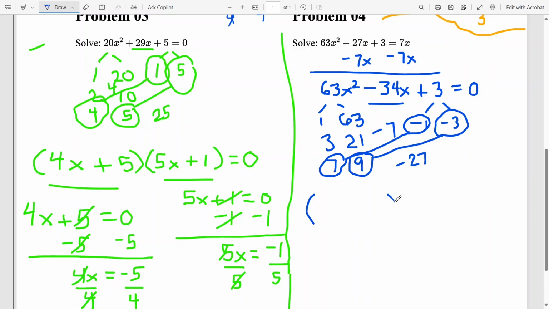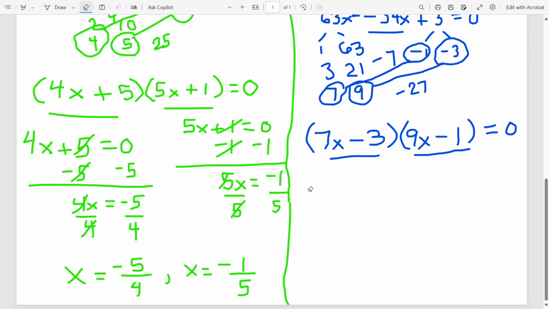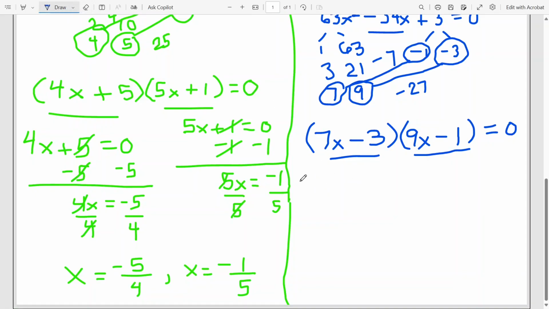So I'm going to use 7 and 9 as my coefficients in front of x. So we got 7x and 9x. And I want the 9 to multiply by the 3, so -3, and the 7 to multiply by the -1, so I'm going to put that over here. Okay, now I've got to set each of these factors equal to 0, so I'll say 7x. Let's do a better 7 there. That one's a little unhappy. So 7x